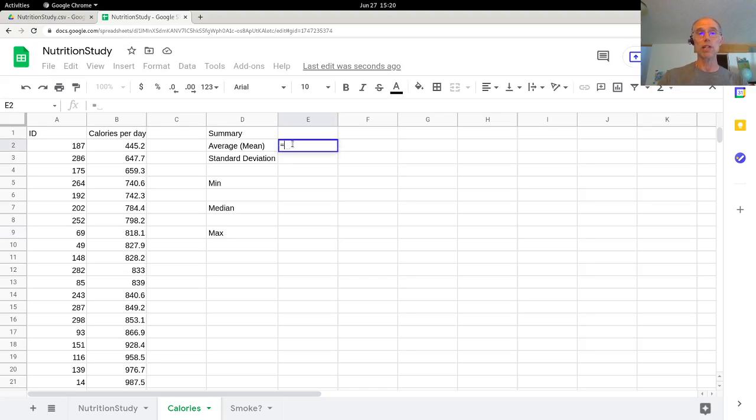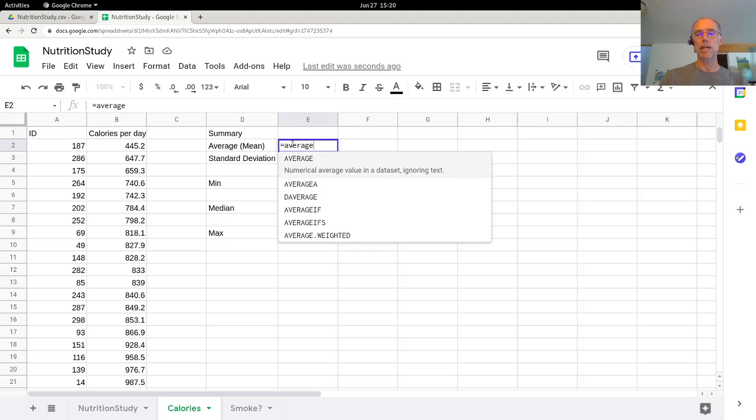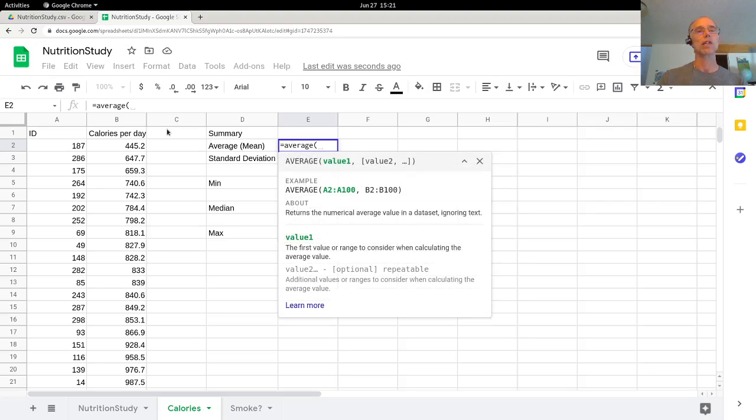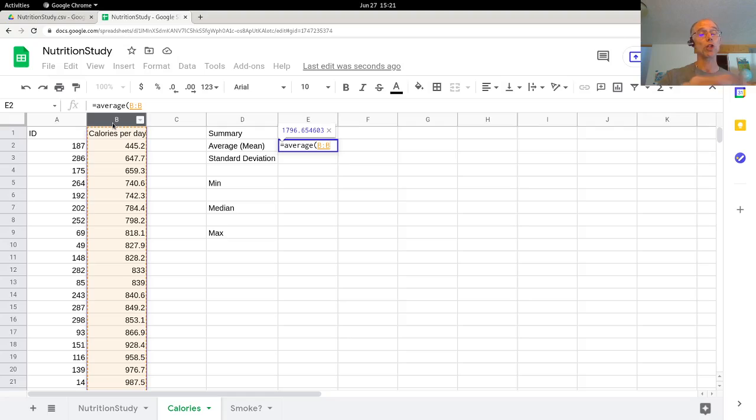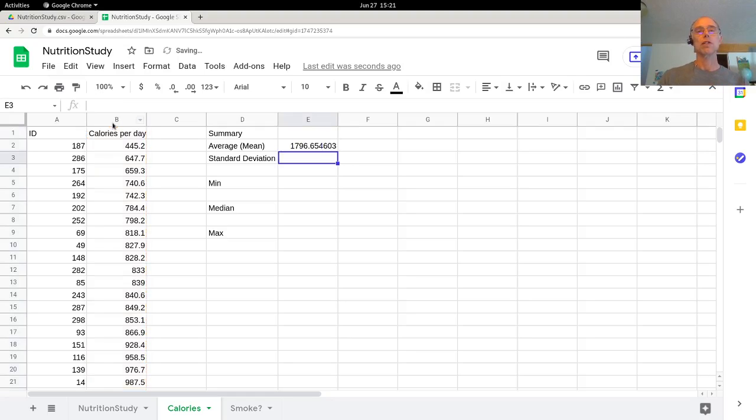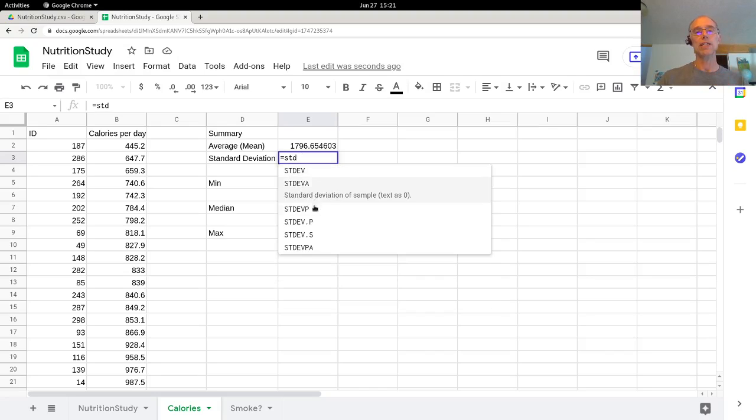Mean on a spreadsheet is average. So I just type the average command. I want the first one. And I just grab the column. It'll ignore the text. So the average is 1,796.65-ish calories per day for this group of 315 people, with an average spread, and this is spread from the middle, STD, always